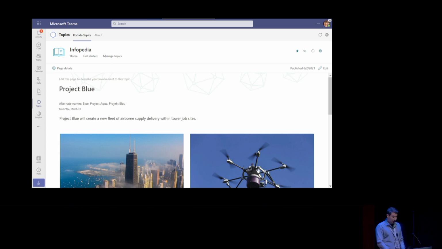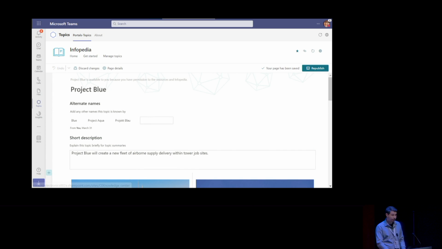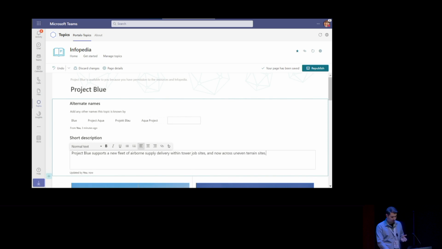So what you can do here is you can go to the top right, where you see that there is Edit. So you can click on Edit, and you can actually edit the topic attributes. You can, for instance, write a better description in the description. You can write different alternate names or anything else of the schema, but you can also add new properties as well. Right, so that's pretty much it.